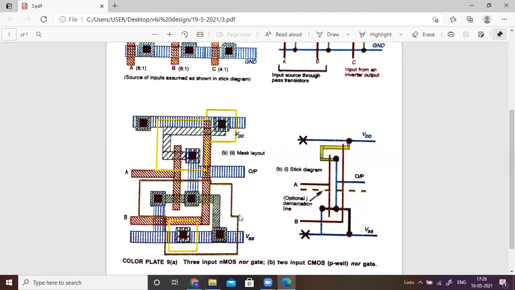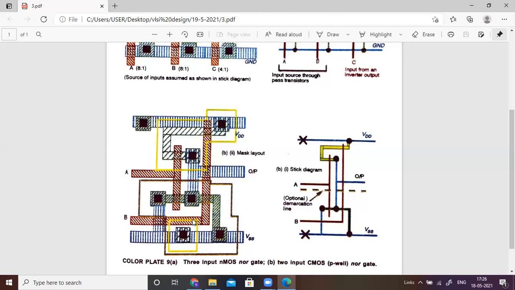Take a brown color and draw the boundaries like this. This is the p-well. Inside the p-well, this is the substrate terminal, so we can make this terminal. Whatever type of contact we connect here, we connect the same structure here also. This is the connection between the p-well and the VSS line. Therefore, this is the VSS line in this case.